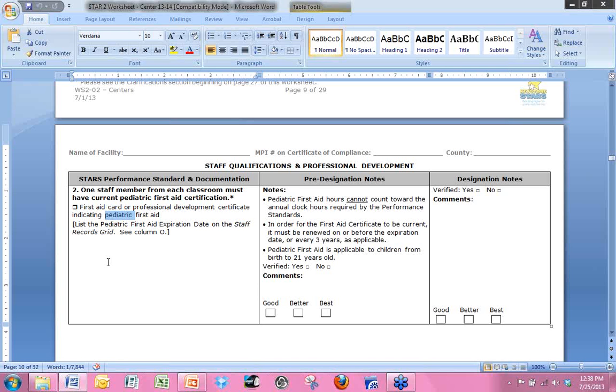So we would at that point say, you need to maybe go back to the instructor and have them change the card for you, or if they did indeed cover pediatric first aid. Sometimes they do, sometimes they don't, but it absolutely has to state that it's pediatric first aid. Okay, and also on the PAKeys website, there's a document that states who are the acceptable organizations that we will